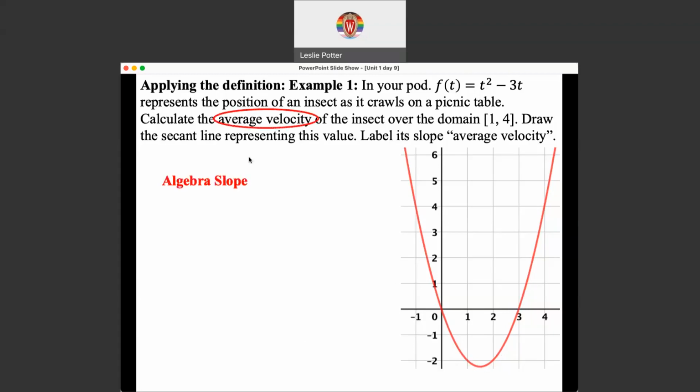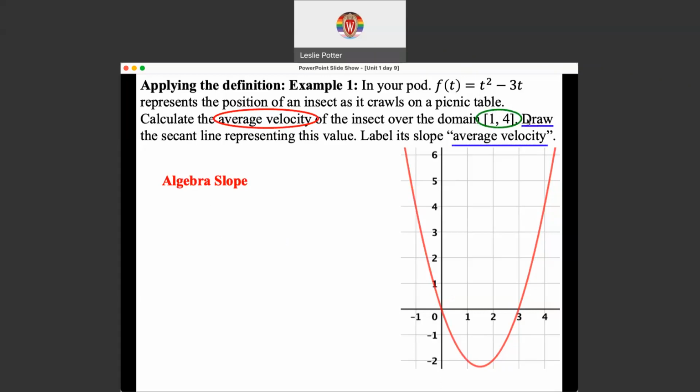Okay, so average velocity means algebra slope. So when you see this verbiage, average velocity, you're thinking, I have to do a rise over run calculation. I have to do a y2 minus y1 over x2 minus x1. Here's my domain, 1 to 4. These are the x coordinates. So let's go ahead and